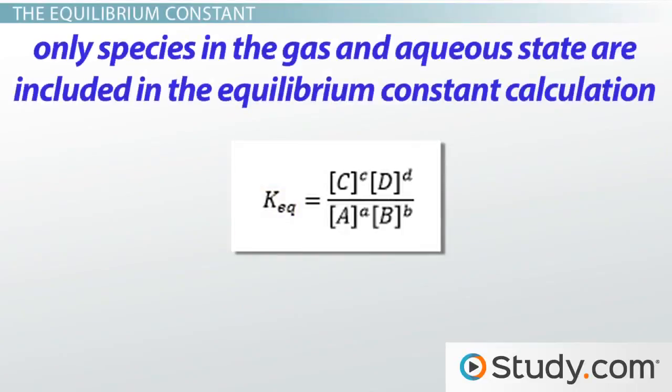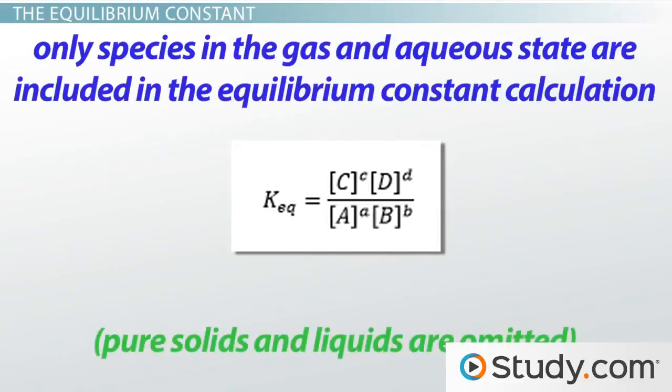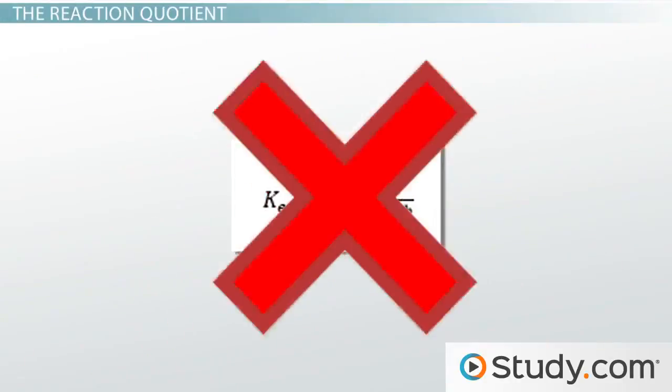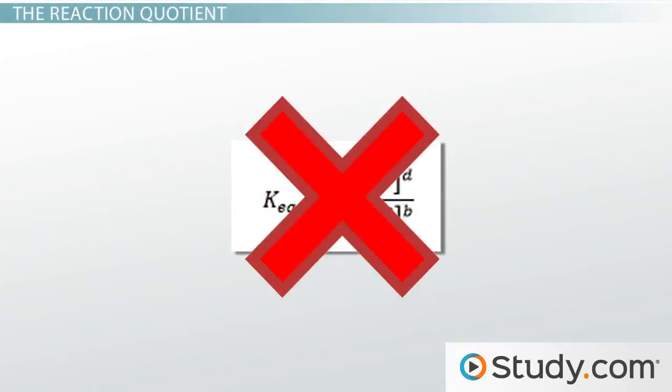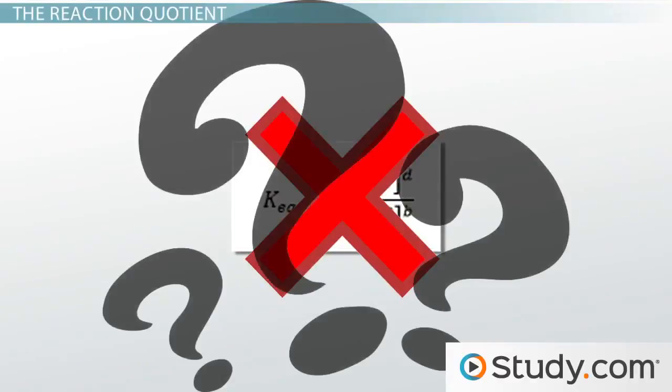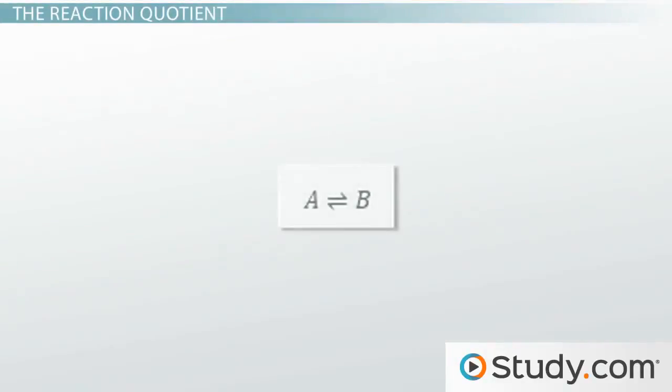It is important to note that only species in the gas and aqueous state are included in the equilibrium constant calculation. Pure solids and liquids are omitted. At this point, you may be wondering about what happens when the reaction is not in equilibrium. Meaning, is there a similar number that we can calculate to determine the state of the reaction in such a scenario? Why, yes there is. When the reaction is not in equilibrium,